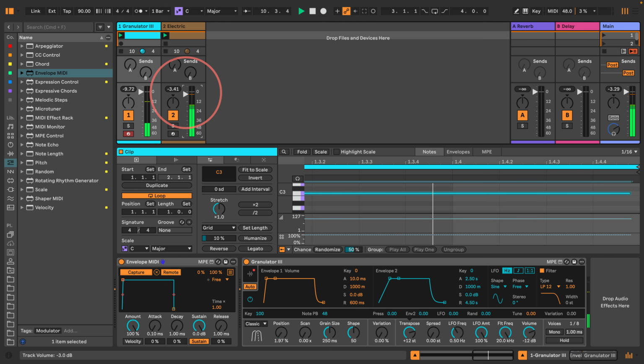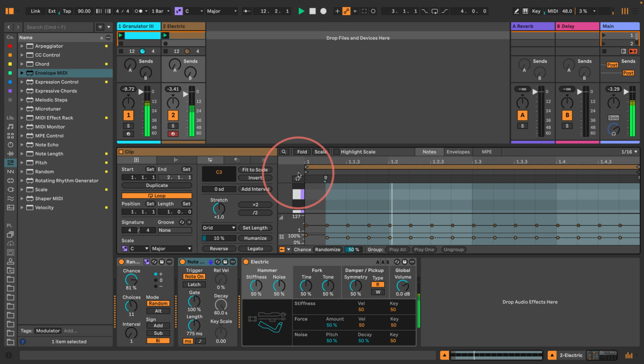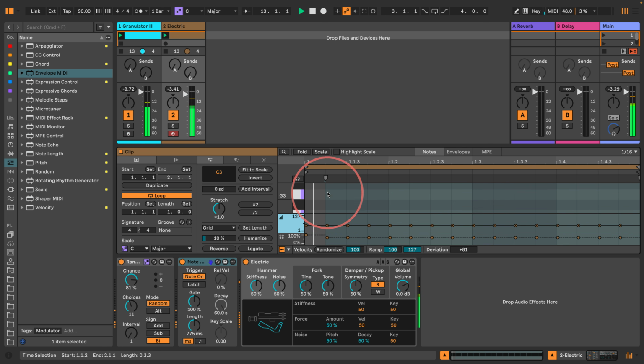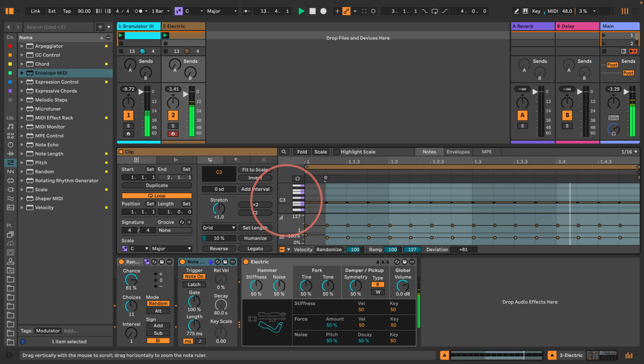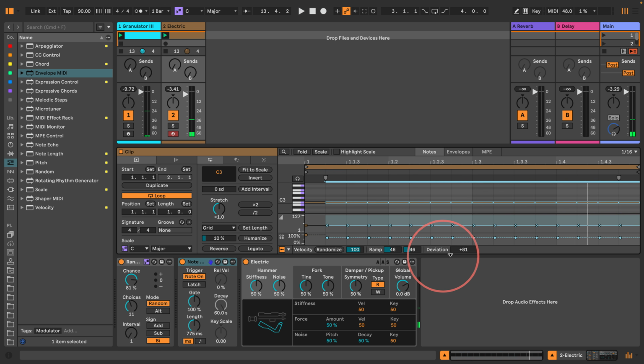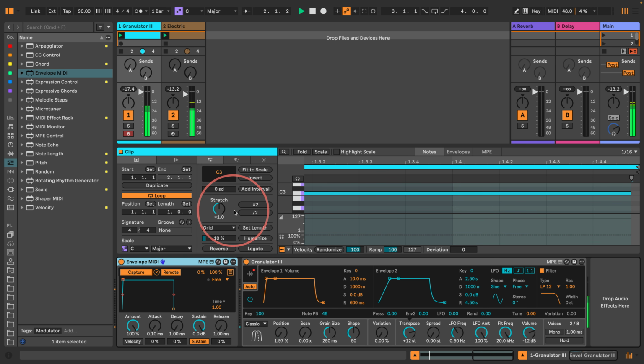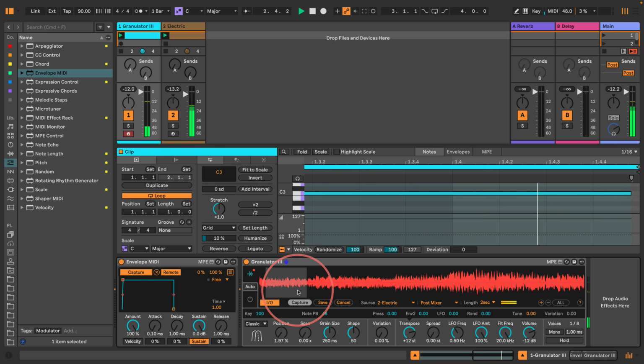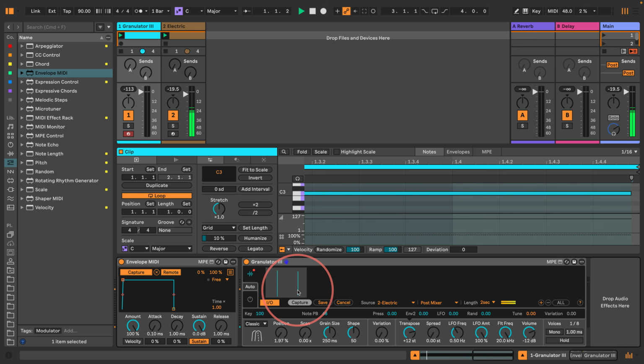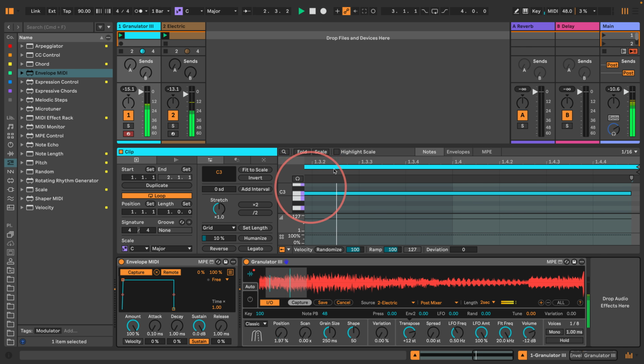Okay, so slightly less deviation on the velocity, I think. Something like that. Okay, so it's very glitchy, but that's okay. I don't mind that. Some of you might, but I don't mind. We're just going to have to deal with it. Anyway, so yeah. Whenever that MIDI clip triggers now,